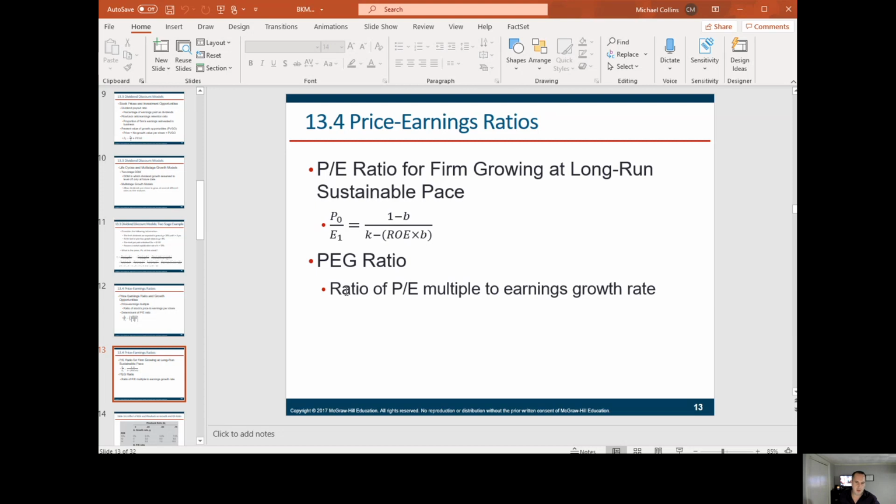Next, the PEG ratio. That's a ratio I like to use because it normalizes stocks that might have a high growth rate. You could see a high PE stock and think, oh, that looks expensive. But then when you look at what the growth expectations are, the stock can appear cheap, because if it grows at this pace, then it's actually not expensive at all. So it's important to look at a stock through multiple lenses.